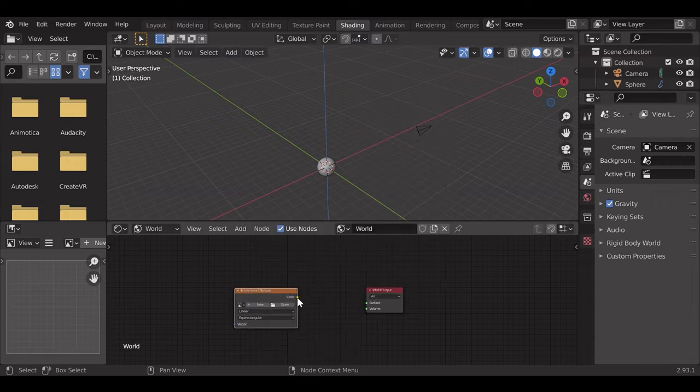Now you want to connect Color to Surface and you're almost done. Now all you have to do is add the HDRI file. So you press Open and you go to wherever you have saved your HDRI file and open whichever one you want. I have a couple of them out here. I'm just going to open this one and let's see the lighting.